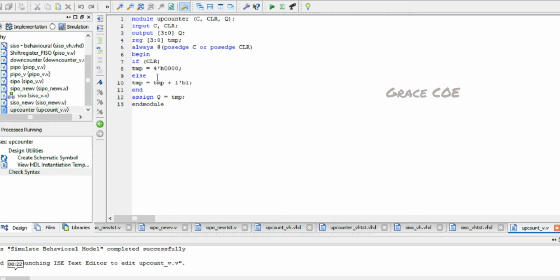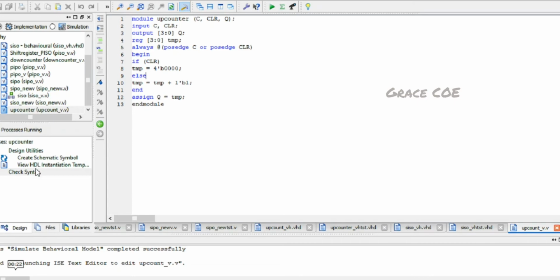After that, whenever the clear signal is reset, or its value is 0, it starts counting from 0 to 1111. This is the logic of this code. Now let's check the syntax and simulate it to see how the output turns out.